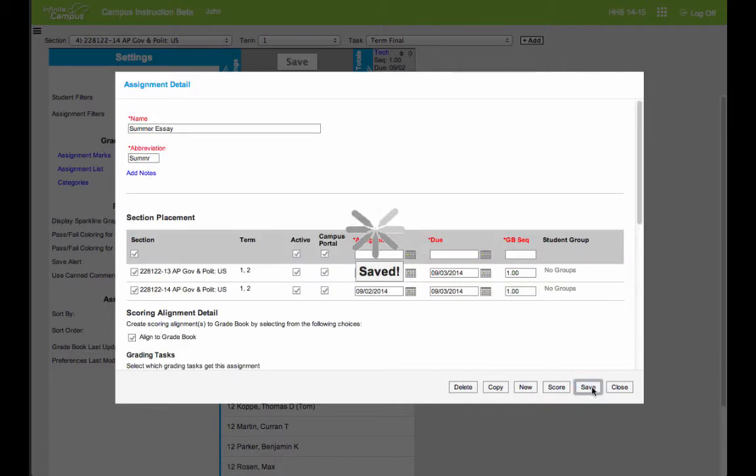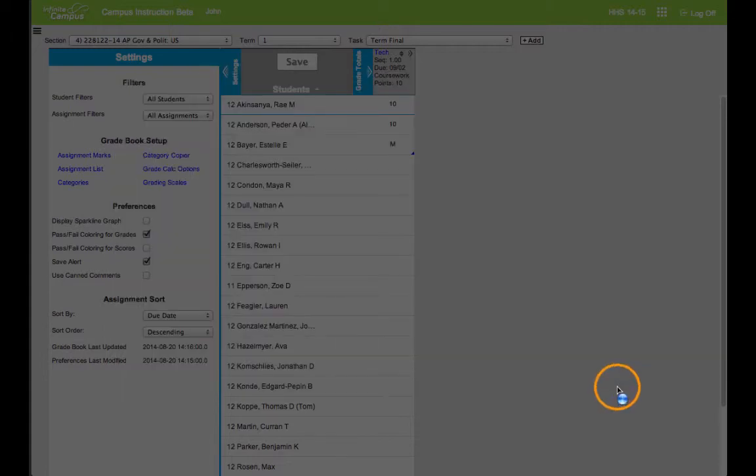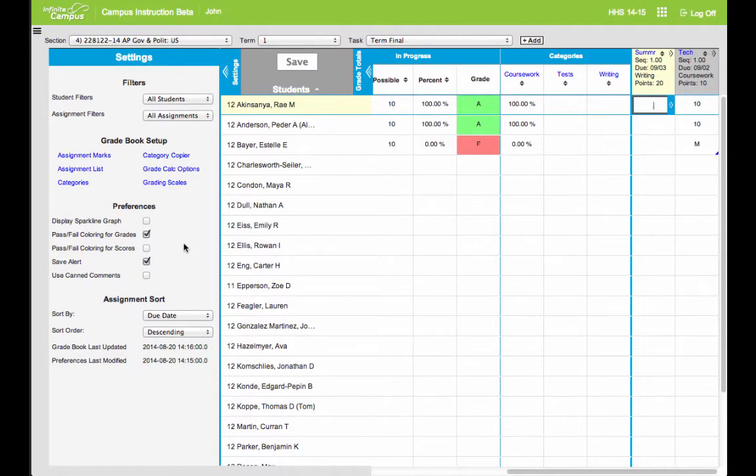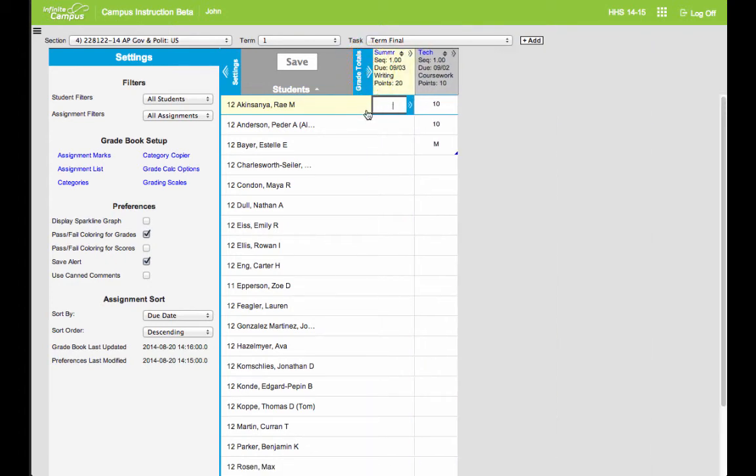And I want to show you what that's going to mean for the gradebook. Because I'm sorting my assignments descending by due date, notice that the most recent assignment now is the one by the student names. Now, this grading panel is in the way, so I can hide the grading panel. And I think that's a way that you'll be able to keep your gradebook much more neatly organized, and you'll understand where the assignments were. There was some frustration with that last year. So, due date